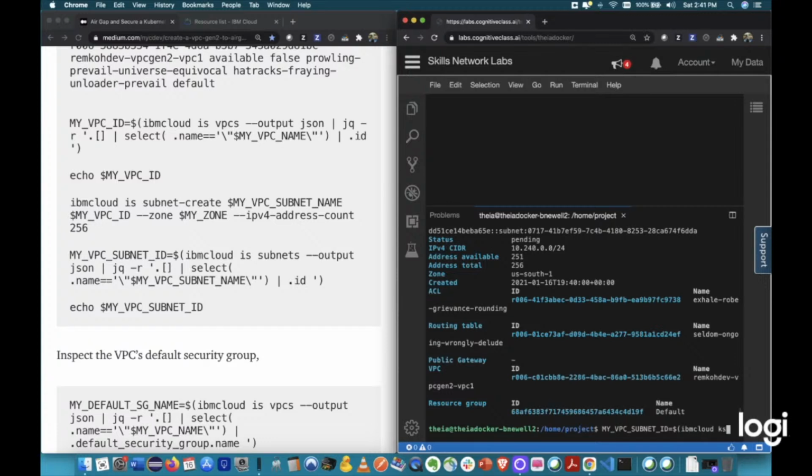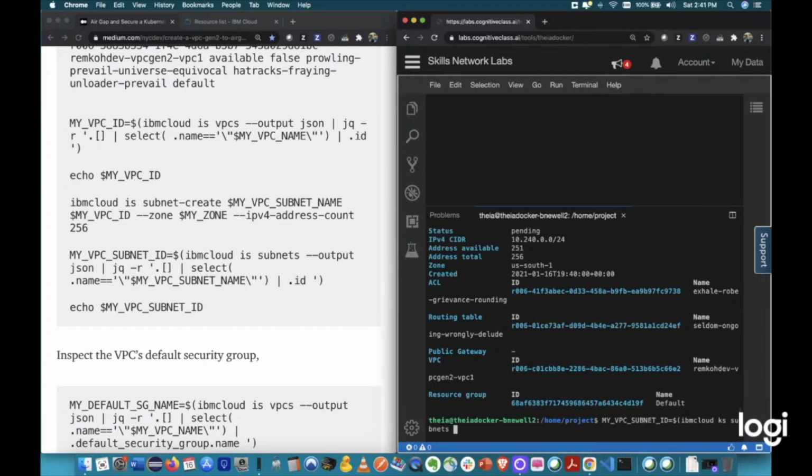So IBM Cloud KS subnets is a way to retrieve all my existing subnets, and I can output it to JSON in order to pipe it to a parsing function called JQ, which is a bash function. I removed the quotes that the ID is surrounded by when it returns it to me. I take the array that I got from the previous command, I pipe it to a select function, and I say the name has to equal, use an escape function to interpret the value of my environment variable, which is my VPC